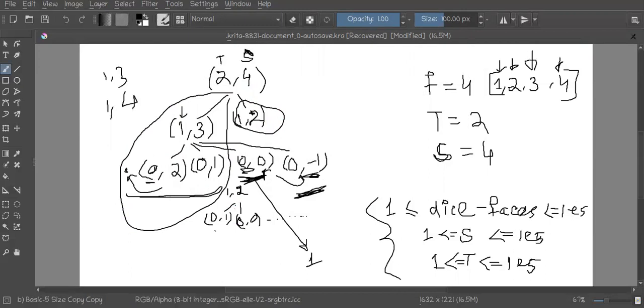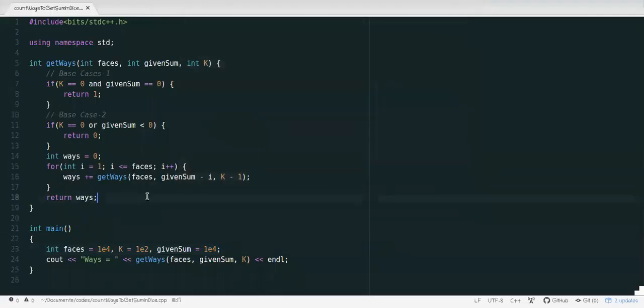So when I try to explore it, I will get something like this, right? This is 1 comma 2, and here I'll get 0 comma 1 and 0 comma 0 and so forth. Notice that I have already got 0 comma 1 right here, okay? And I am again trying to recompute these things. That simply means we are having many subproblems here as well, right? So instead of solving the same subproblem again, we can save it, and we can use it when the same subproblem is encountered sometimes.